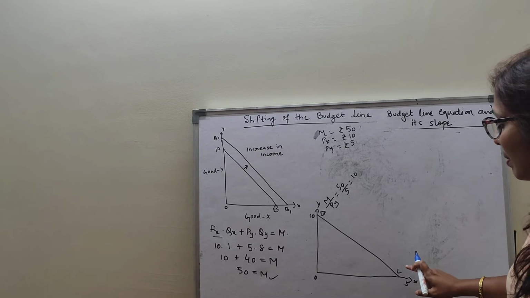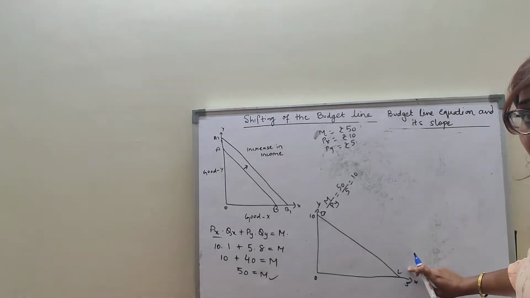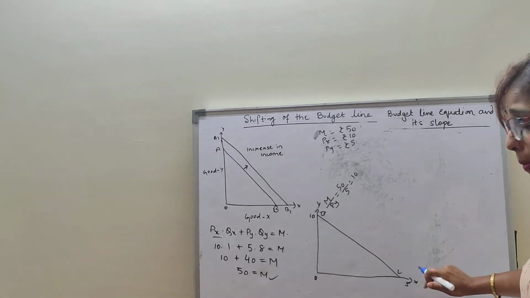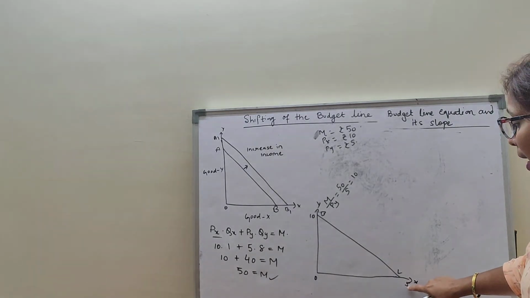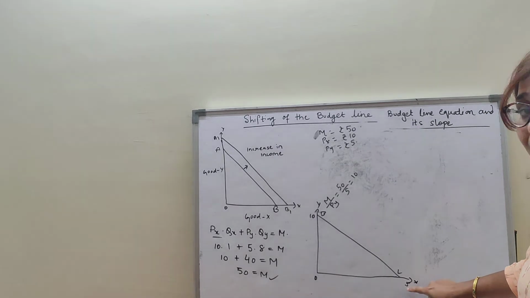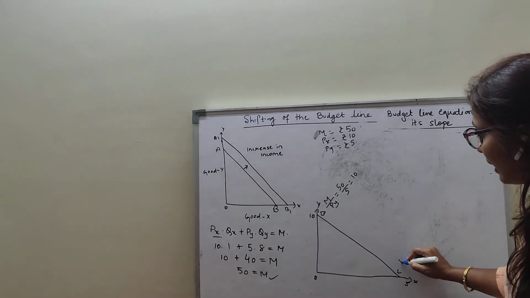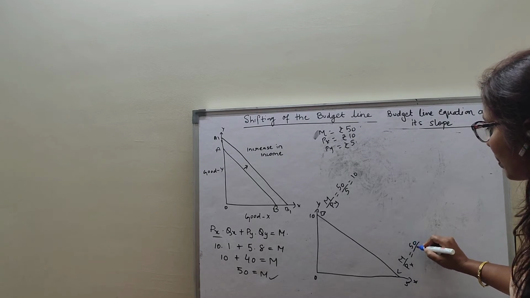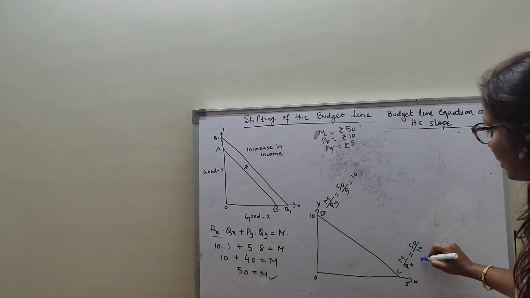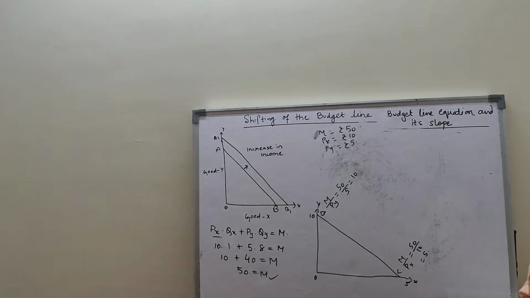Point B. Now, similarly, if I calculate point L, point L indicates the maximum unit of x that can be purchased, which is 5. To derive the maximum unit of x, that is 5 units, we divide income by price. Income is 50 and price of x is 10. So 5. Clearly? So, this way we can find any point on the curve with the different formula. Just have a look.